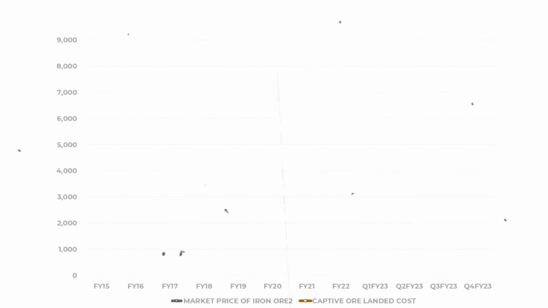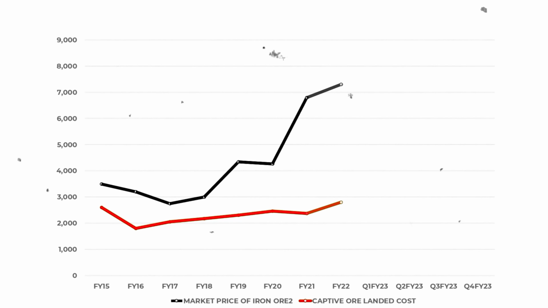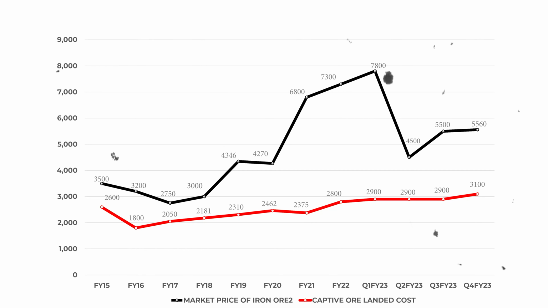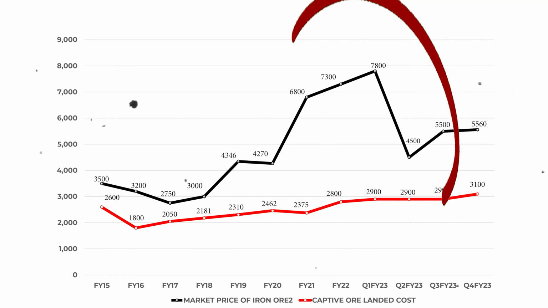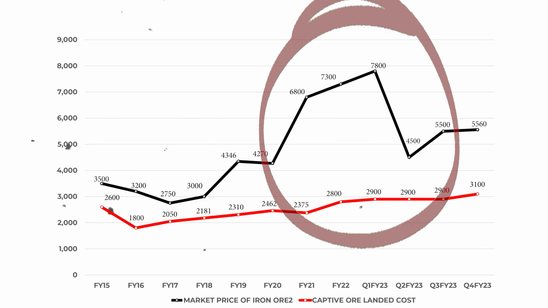The other two, and by the way, this reflects in the numbers actually, the backward integration part. The way it reflects on the numbers is, again, this chart that you can see. If the company was to source iron ore from the market, look at that black line, right? The spread between what it costs from its own mines to source the iron ore versus if it was to source it from the market, look at the huge variation, right? So between 2020 and 2022, the gap was really high, where if the company wanted to source, it would have to pay